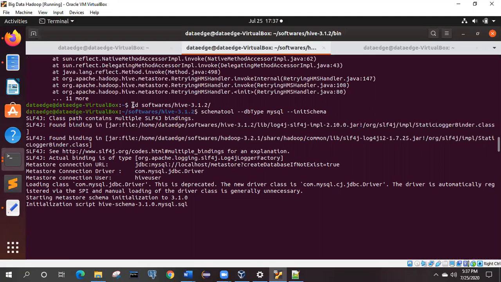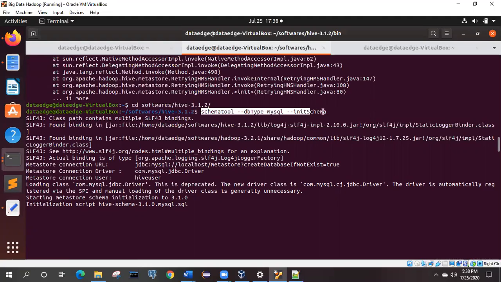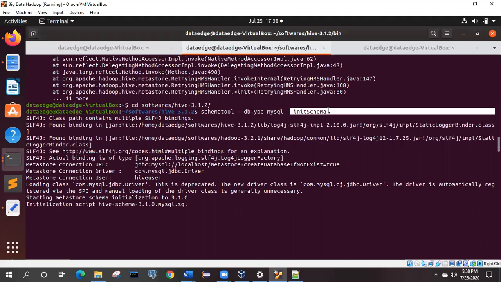What you have to do is go to the Hive location where Hive is present on your machine, and from there execute this command: schematool -dbType. Since we are using MySQL, we give mysql here, then space -initSchema. It simply initializes the schema for MySQL.